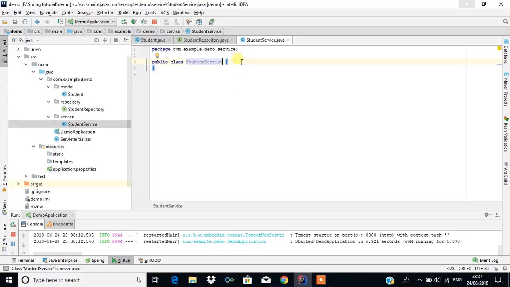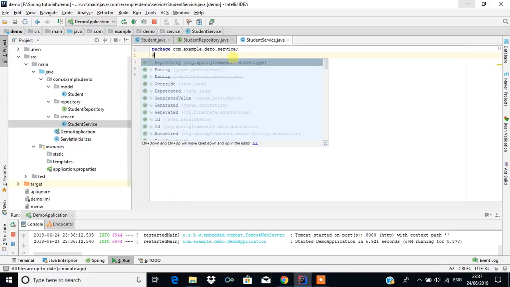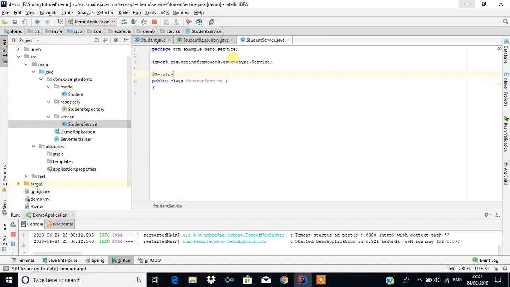It is a service which will enable us to insert the content in the database. We call this annotation @Service, and this service will get the content from the student repository. So we have to create the object for the student repository,